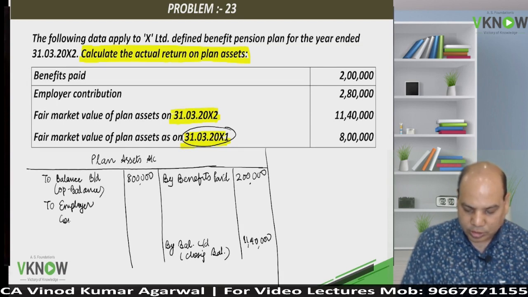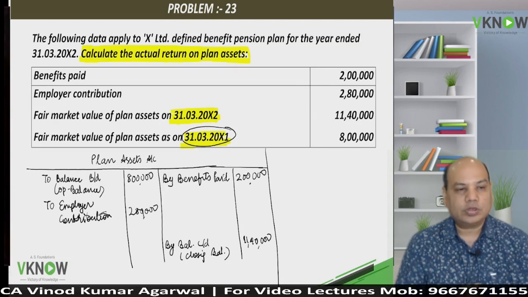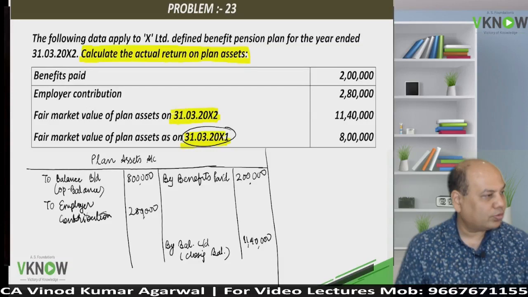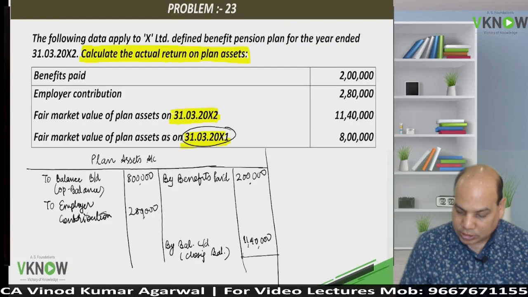To employer's contribution 2,80,000. Now we'll take the total of the credit side first, that is